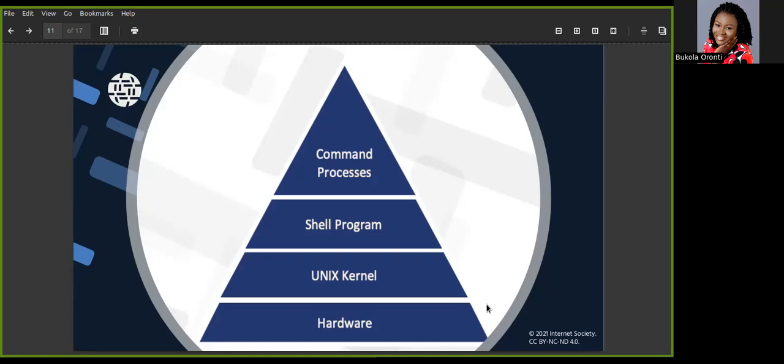And then one common thing about all these different types of shell programs is that for a non-root user, there's a way you know, okay, I'm working as a non-root user, and there's a way you also know I'm working as a root user. There are different symbols that differentiate between these two categories of user.